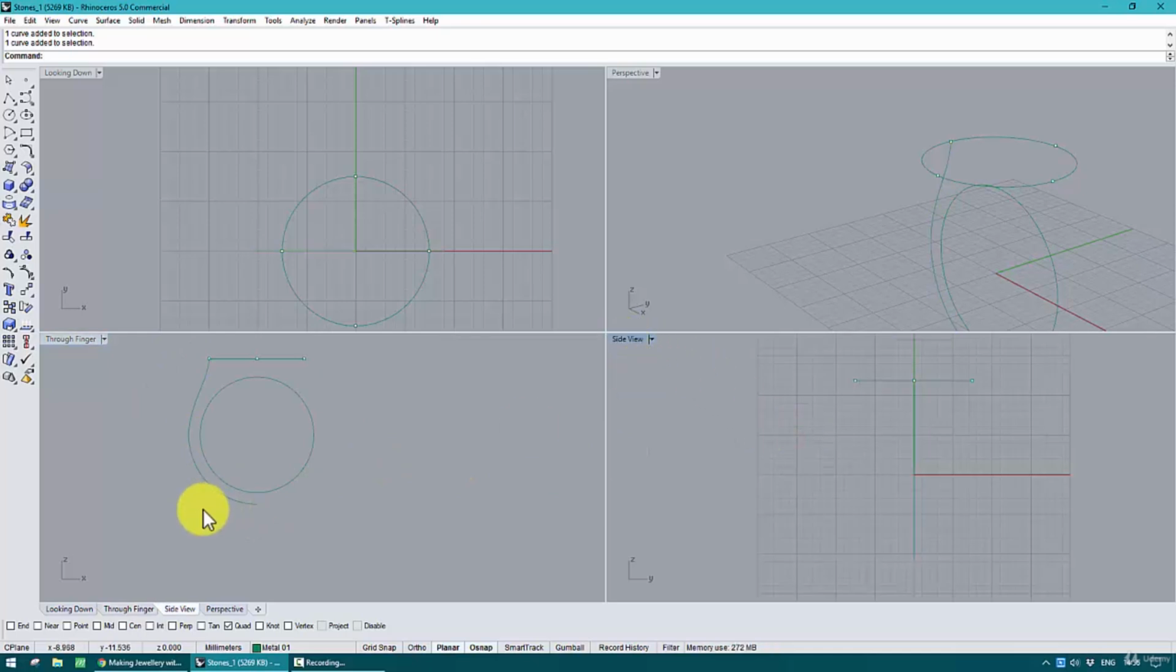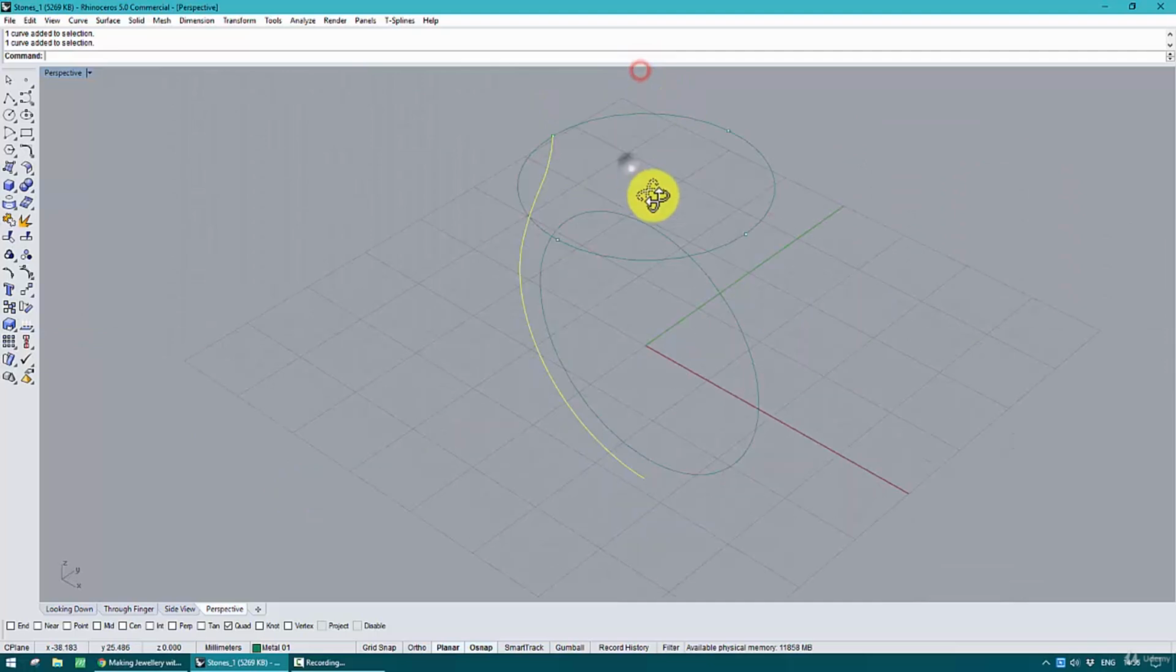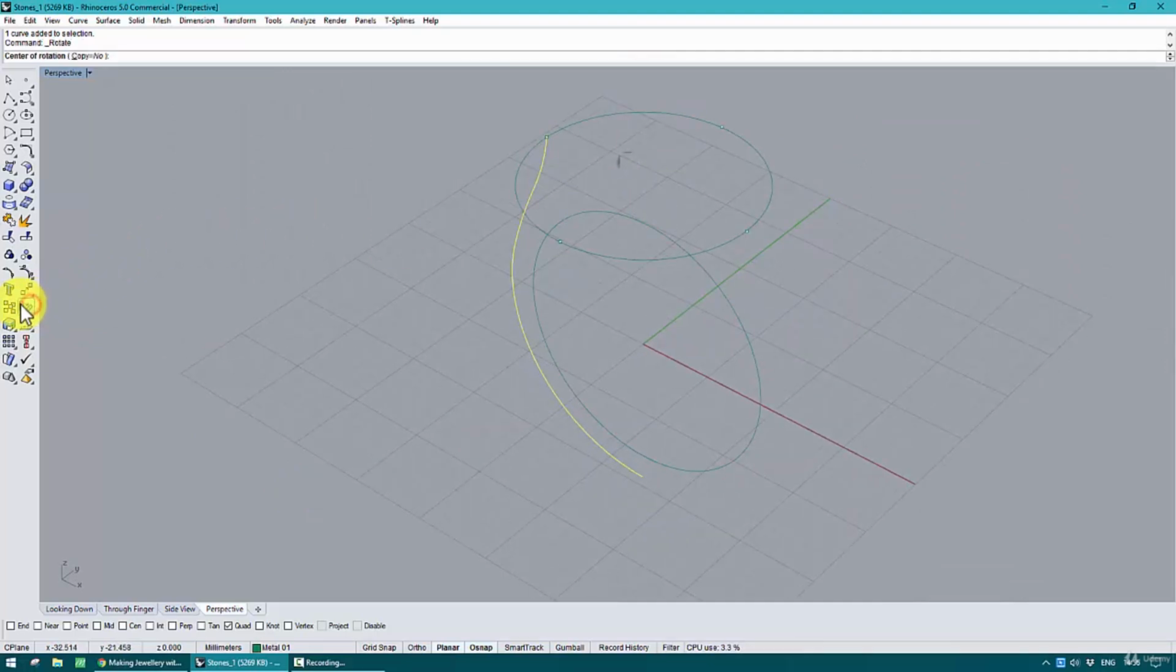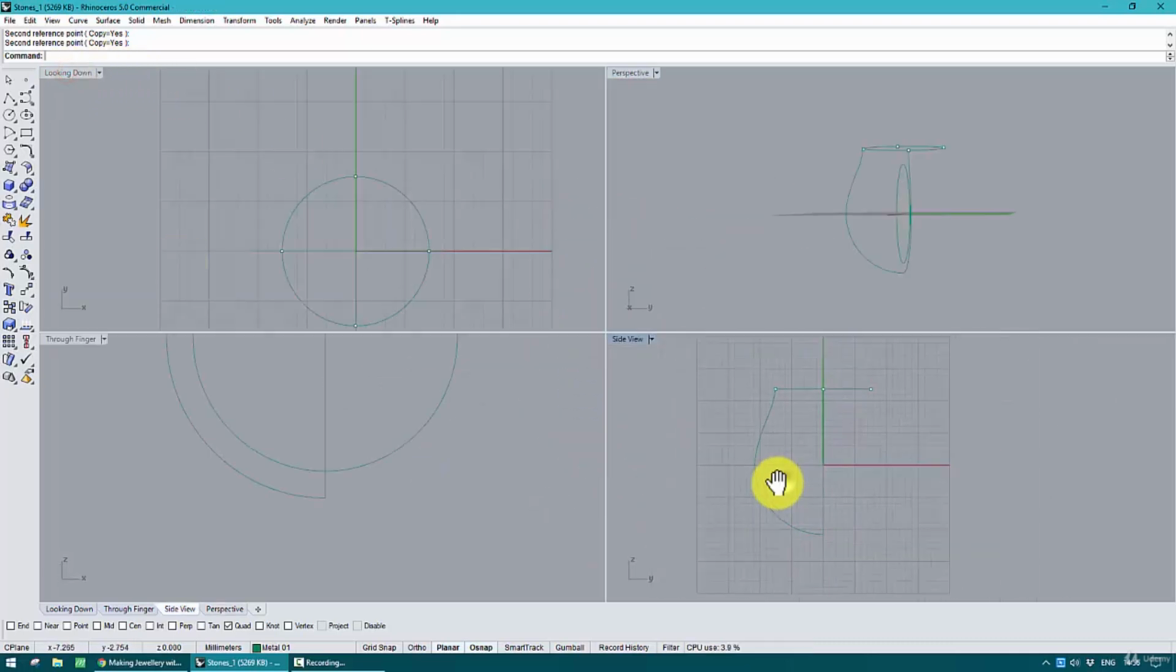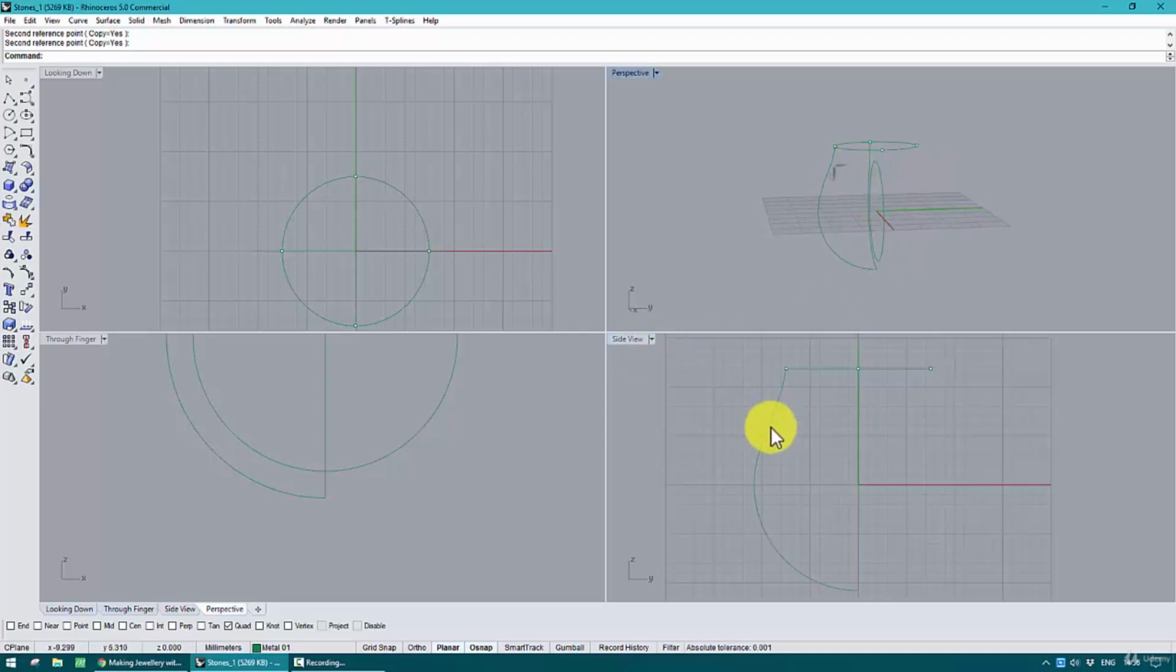Then what I would do now is get this line, rotation from this endpoint, copy yes, and by pressing shift on the keyboard, you make this. Of course, I don't want the side of the ring to look so bulky. It's like too much. But I'm doing this because I want